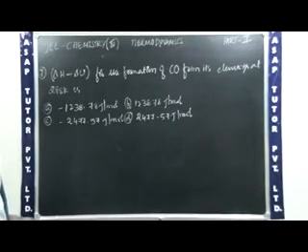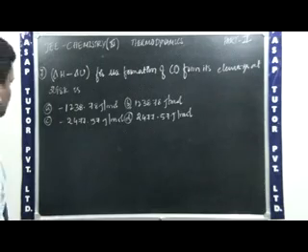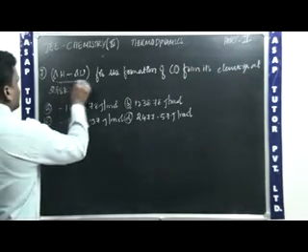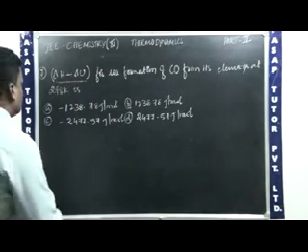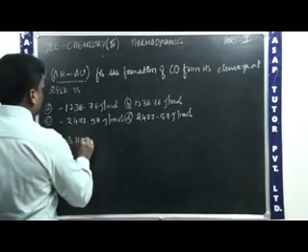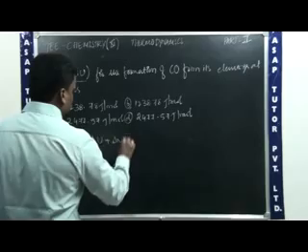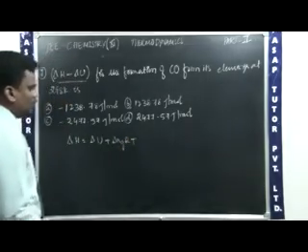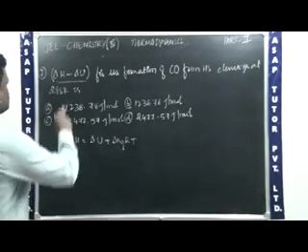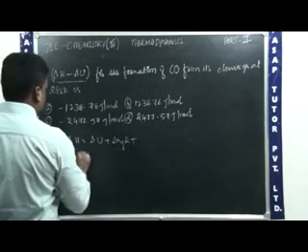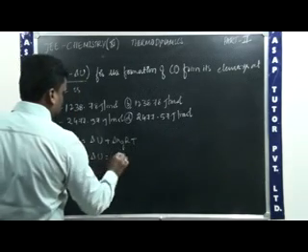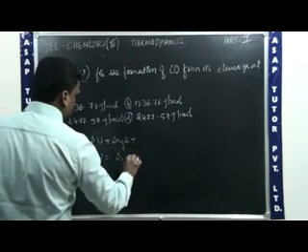Seventh question: delta H minus delta U for the formation of carbon monoxide from its elements at 298 Kelvin is, we need to say the value of delta H minus delta U. Here they are asking for delta H minus delta U. So we know the formula for change in enthalpy in terms of change in internal energy: delta H is equal to delta U plus delta Ng into RT. This is the formula we know. Here we need to find delta H minus delta U. Therefore, delta H minus delta U is equal to delta Ng R into T.